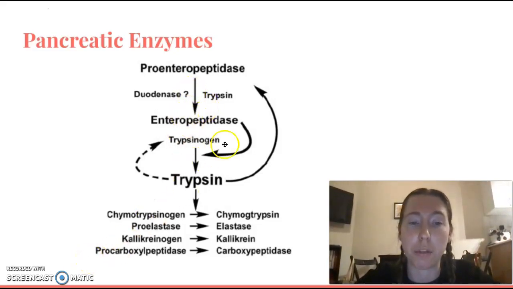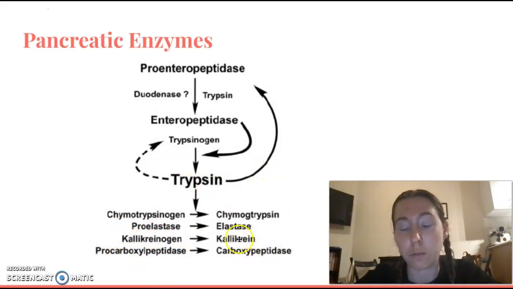Typically what that would look like, as you can kind of see in this, it's a cascade, so a chain of events. And it will typically start with enteropeptidase, which will turn trypsinogen, which is a zymogen, into trypsin, which is the active form. And then the role of trypsin is to go through and convert all of the other zymogens into their active forms. So for example, we would turn chymotrypsinogen